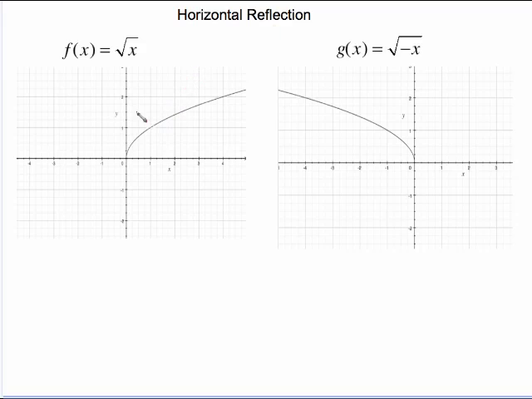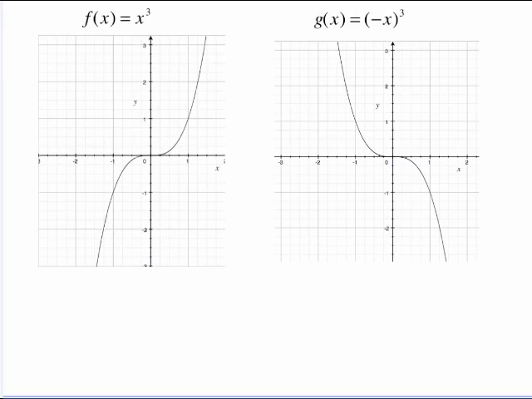If we typed into the graphing calculator the square root of x, this is what we get. If you type in the square root of negative x, this is what you get. Can you see what's happening here? This graph has been flipped over the y-axis. Another one like that, this is our x cubed graph. If I do on my calculator negative x in parentheses cubed, I get this graph here, which has been flipped